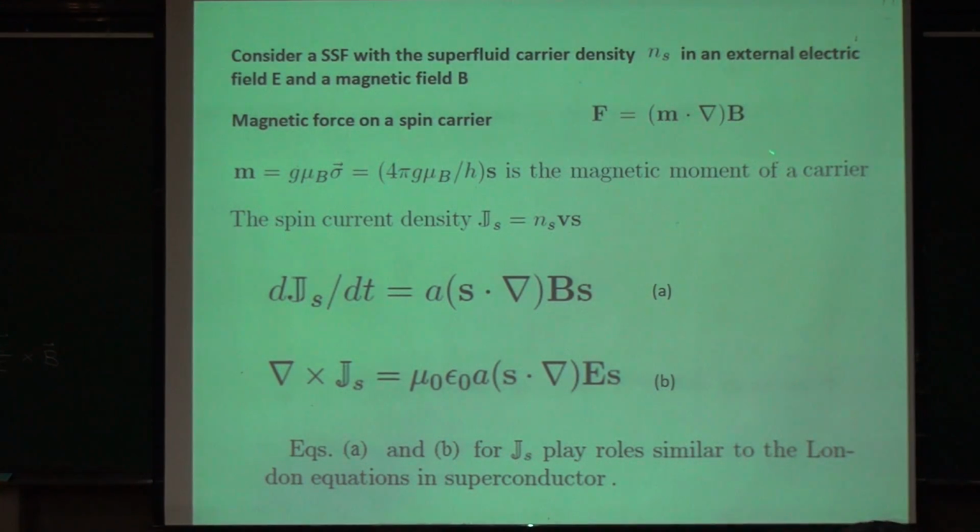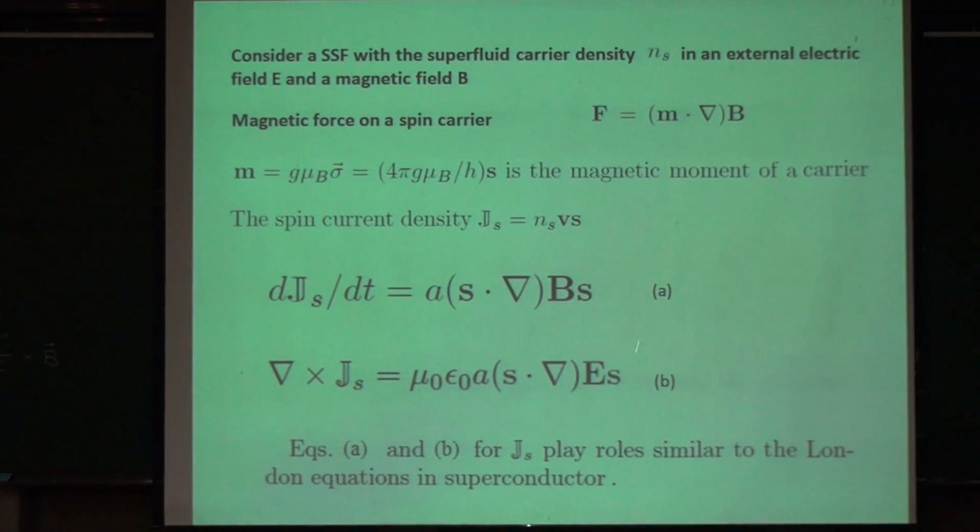Once you have this, you can derive the time derivative of the spin current density. You will find these two equations: the spin current density time derivative, and the curl of the spin current density. So if you compare with the London equations for the charge current,